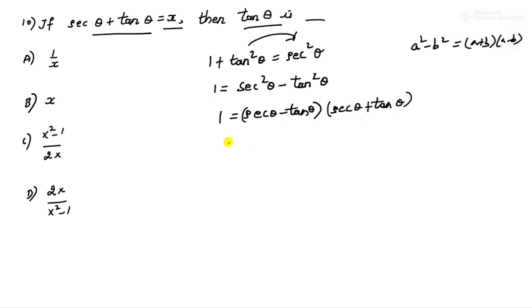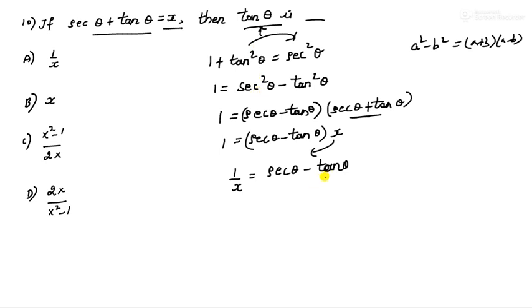So now you substitute the value of this one. This remains the same, sec theta minus tan theta, but here we can write it as x. Correct? Now if I transfer this to LHS, it becomes 1 by x, which is equal to sec theta minus tan theta. Okay, now we need the value of only tan theta. So what will that become? So now once again I will use this. At the place of sec theta, can I write it as x minus tan theta? Correct?